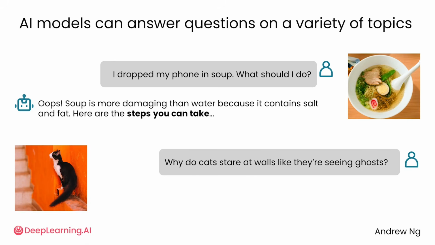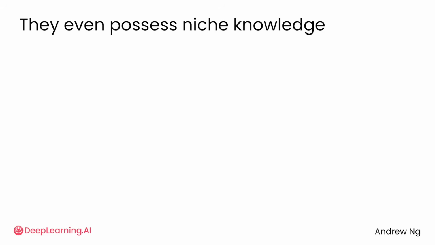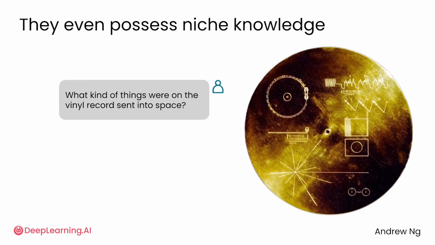She was actually curious about this. It turns out cats can detect subtle sounds and movements that we as humans often miss. Because of the amount of things that it's read on the internet, AI will even possess niche knowledge that few people know about. If you were to ask what kind of things were on the vinyl record sent into space years